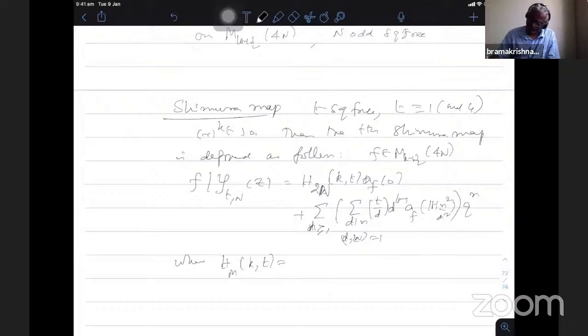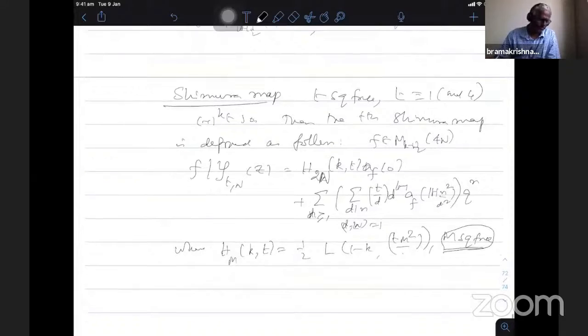So for the special value of the L function, for the character chi_t times m squared, where m is square free. I'm including the even numbers also. So n is odd and square free, therefore n equal to 2m makes sense. Okay, this is for square free. This is the definition of the H_m function.